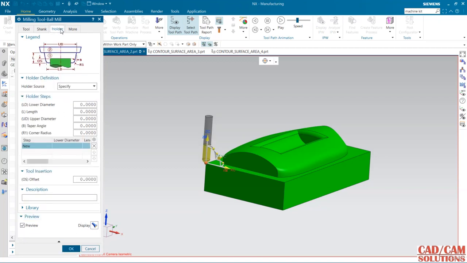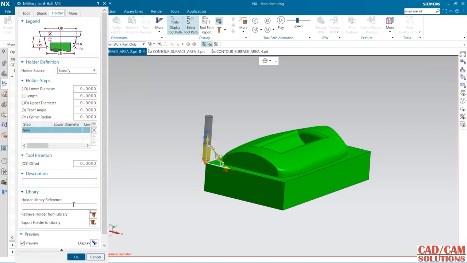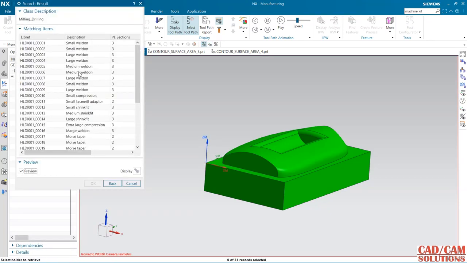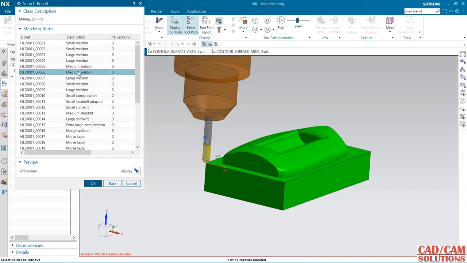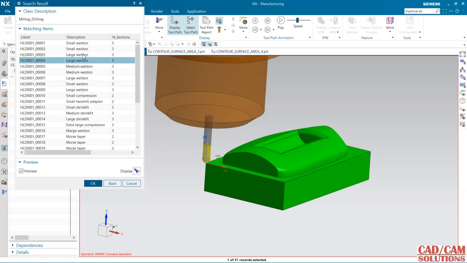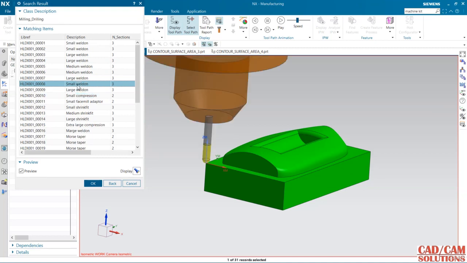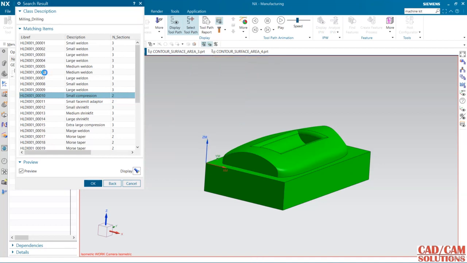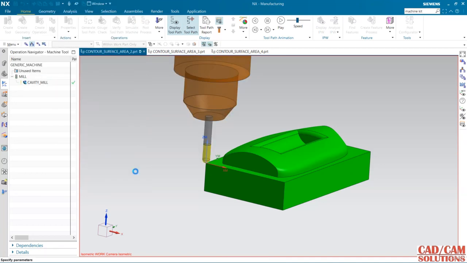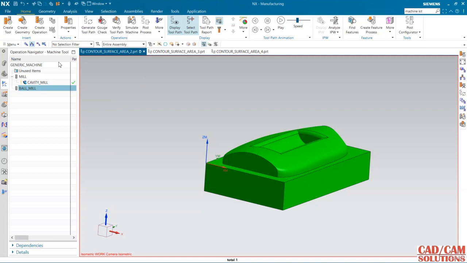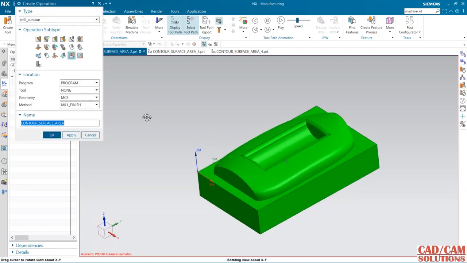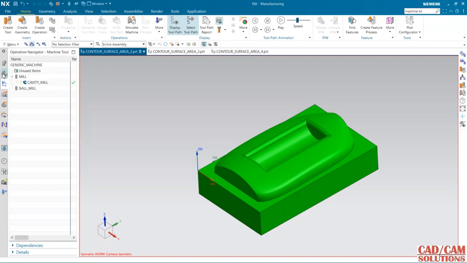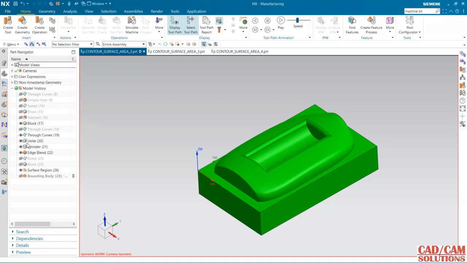And if you want to add a holder, go to holder and retrieve holder from the library. So we have so many holders, you can select any one you want. Most of the time I use this 6 one. Okay, and click here, and for the drive surface, I have already created a surface. So go to the part navigator, and here